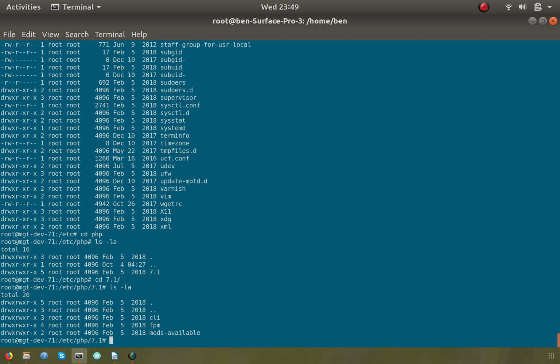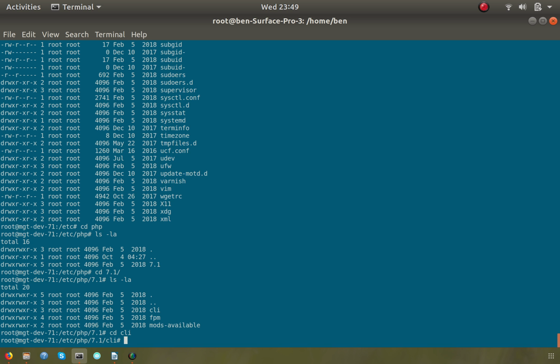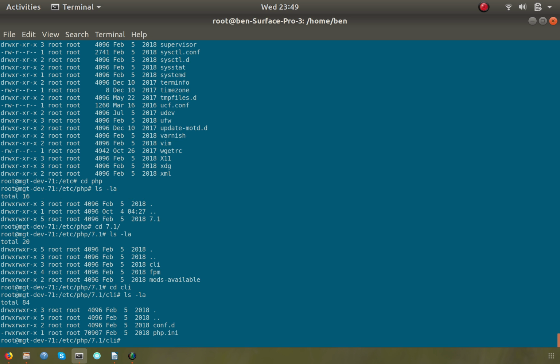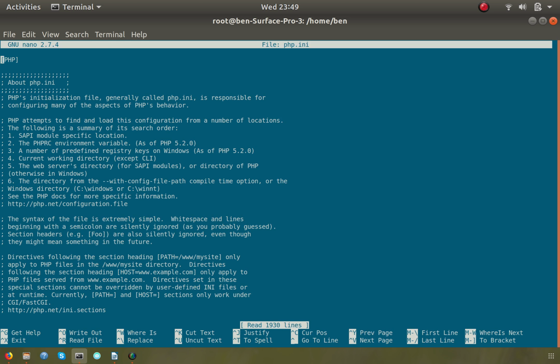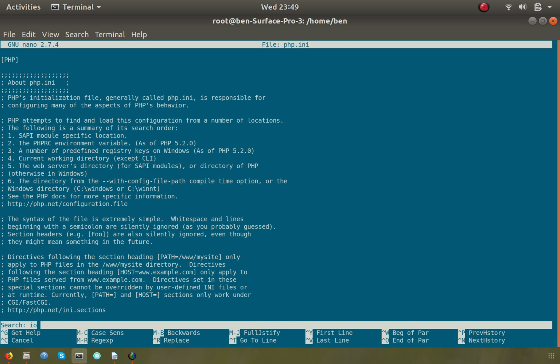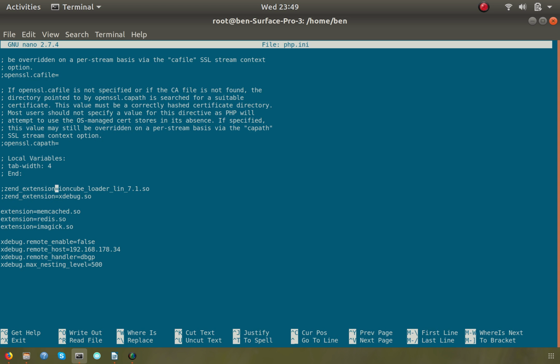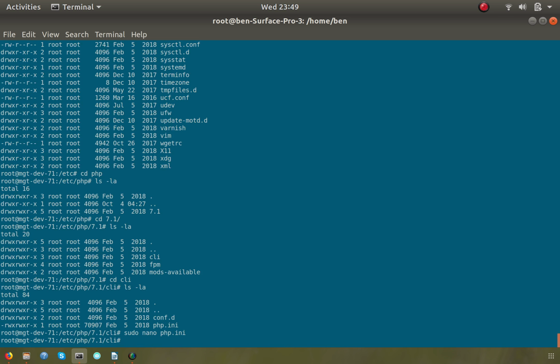What do you have here? The CLI. Okay, so go to the php.ini file. I will find the IonCube module. There it is. Enable it. Save, exit,